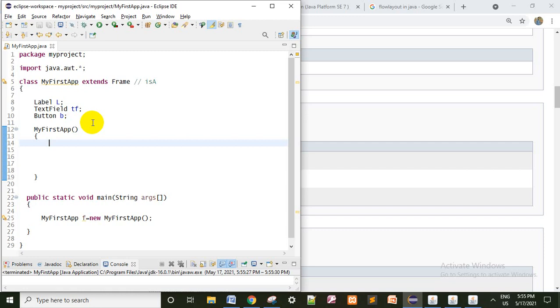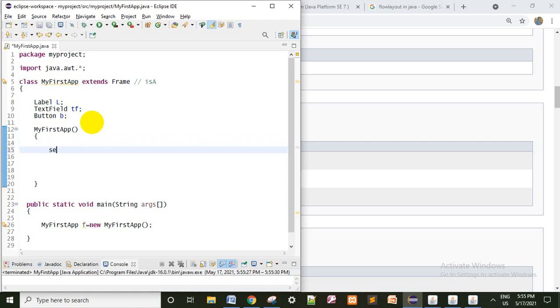So setVisible is one method which is available in the Frame class, that extends from the Component class. I am using it directly, because now our class becomes a frame, so these methods are available in my class. I can easily use them without creating an object of the Frame class. Now you have to make it setVisible true, then execute.